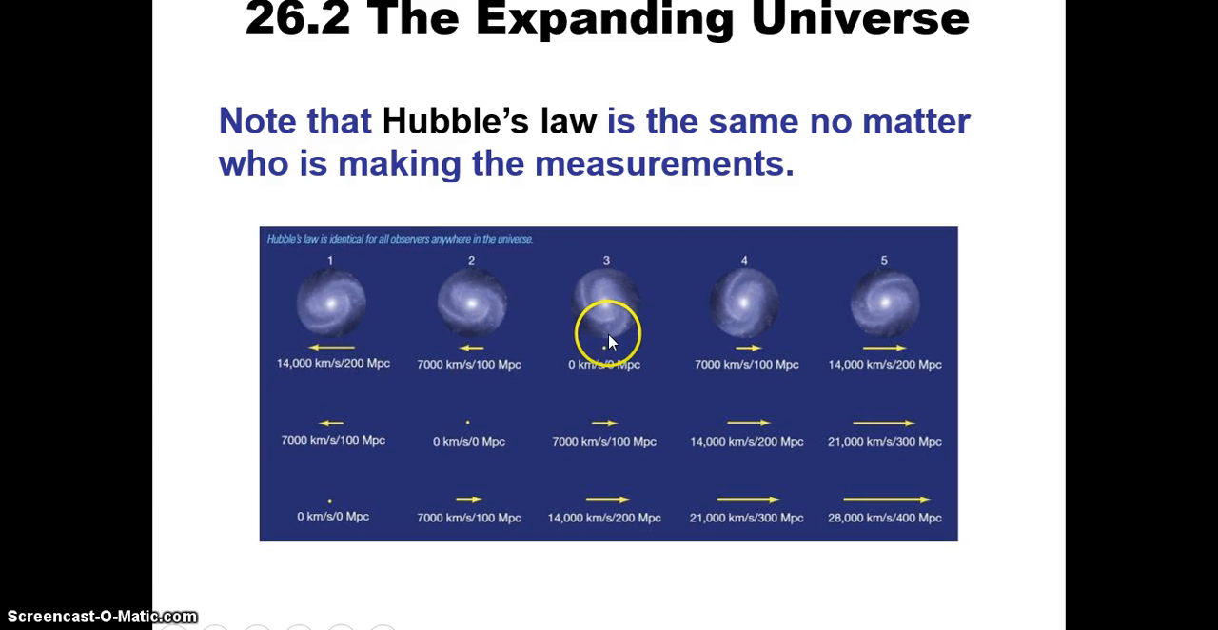And see, the thing is that it doesn't depend on whether you're in galaxy 3 or, let's say, you're in galaxy 2. That's the second situation, right? Galaxy 2 would see exactly the same situation. They look over here, and they see a galaxy 100 megaparsecs away, and it has a recession velocity of 7,000, and then